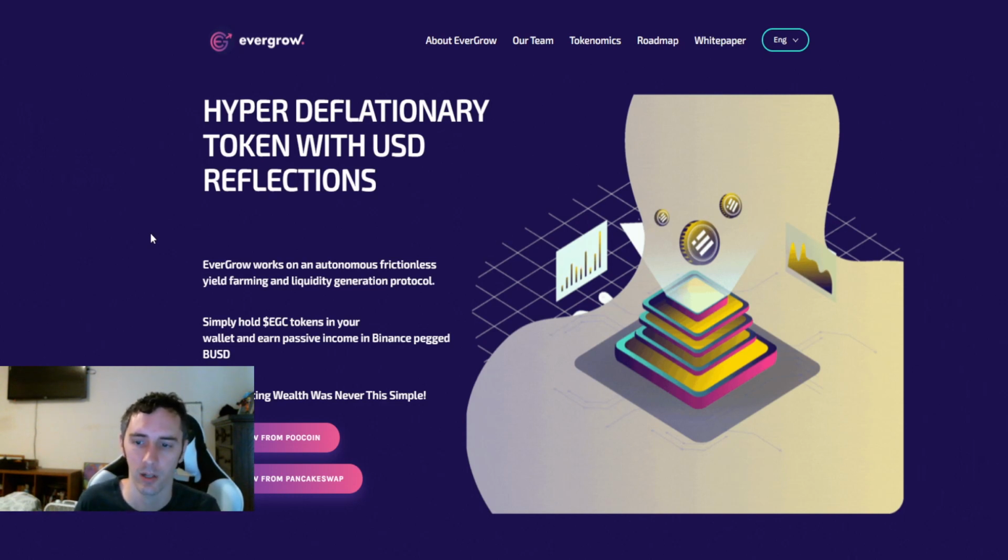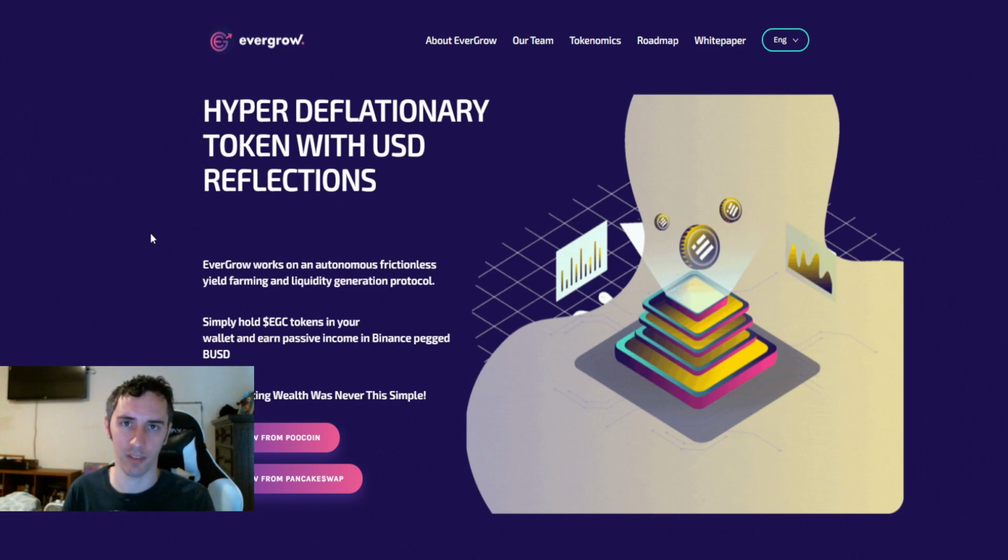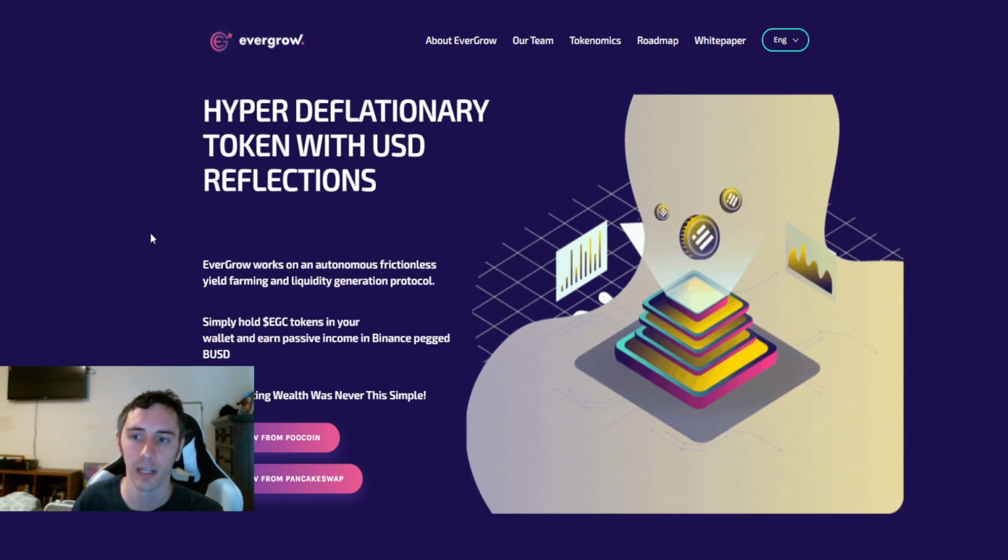So you're kind of getting like all of a sudden a surprise in your wallet, and it's paid out in Binance USD. So BUSD is a stable coin. It's pegged 1-to-1 to the United States dollar. So if you got one BUSD in your wallet, it's worth $1 equivalent value. So Binance USD is a common cryptocurrency used by a lot of different locations, obviously, PancakeSwap, and you're also looking at Binance's website. But yeah, so you're technically earning dollars.